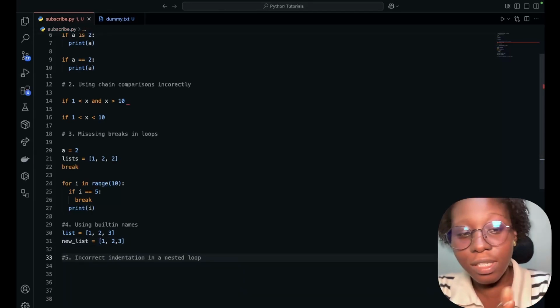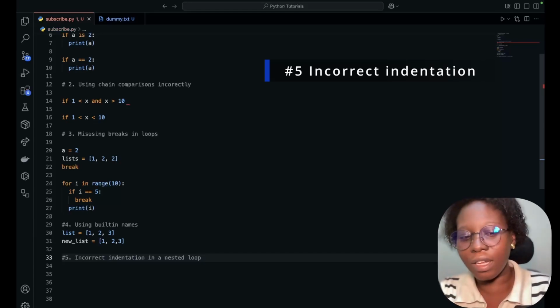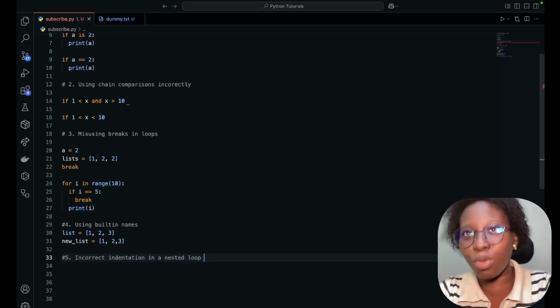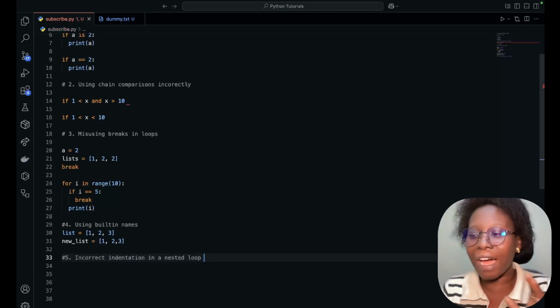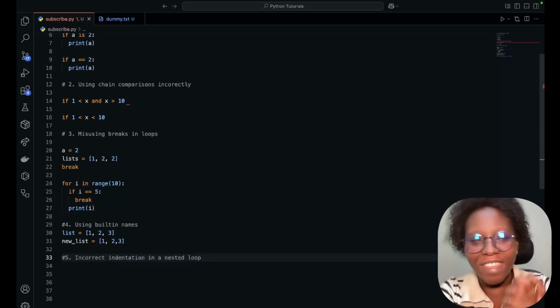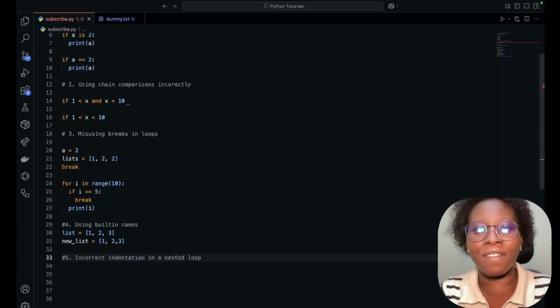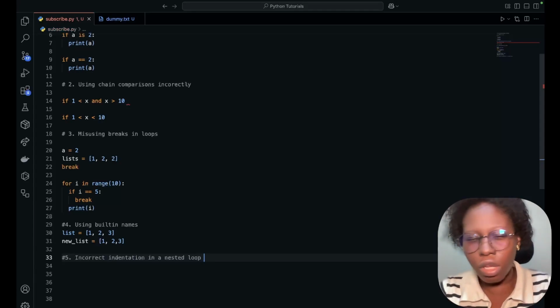And last but not the least, using incorrect indentation in a nested loop or in your program in general. Now, one thing that I know about Python is that Python and indentation are like this, like they are like this. Yeah. So if you ever wrongly indent in your program or your project, you will definitely get lots of errors. But let me show you